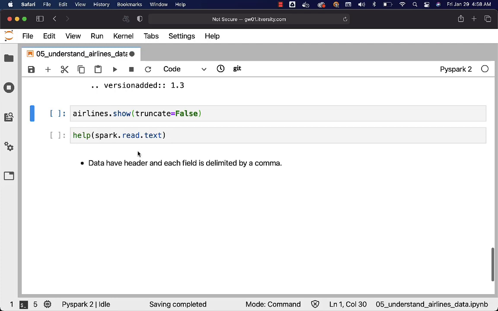As we understood the data, let's get into the details about how to read this data using the appropriate API into a data frame, and then we will see a few details about how to process as well as how to preview the data in the data frame, part of the subsequent topics in this section.